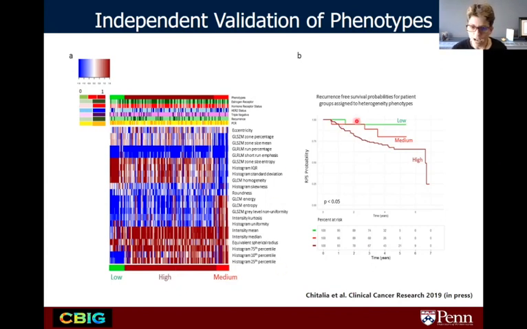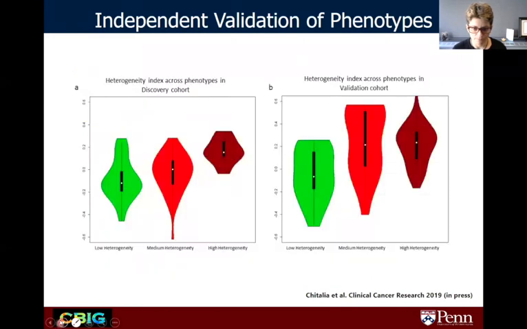But when we look at the outcomes, we can see, again, similar trends here, looking at the Kaplan-Meier curve of the low, medium, and high heterogeneity clusters of the tumors in terms of their survival outcomes after the therapy. We can see if we compare the heterogeneity indices, the validation set is a little bit different, although there's the same increasing trend. We can see again more cancers tend to be at the medium and high heterogeneity due to the nature of the data set. So that's kind of what we would expect.